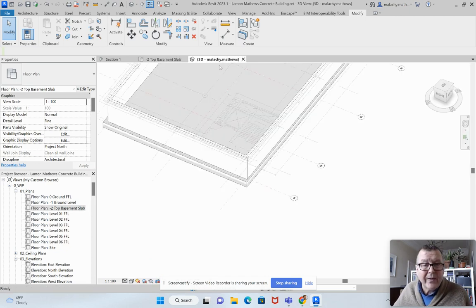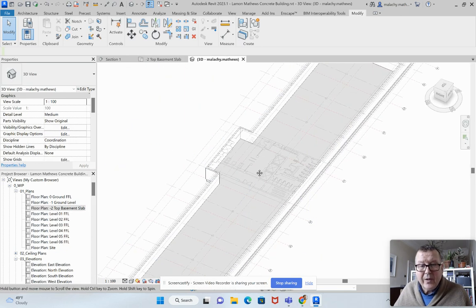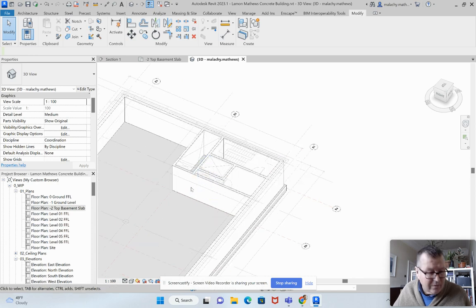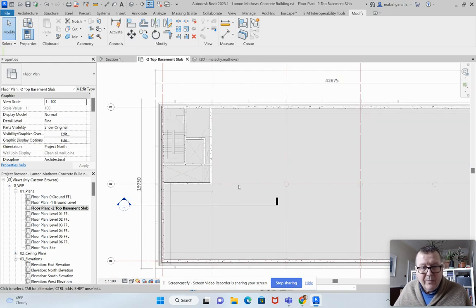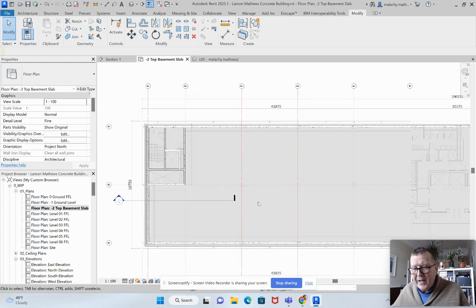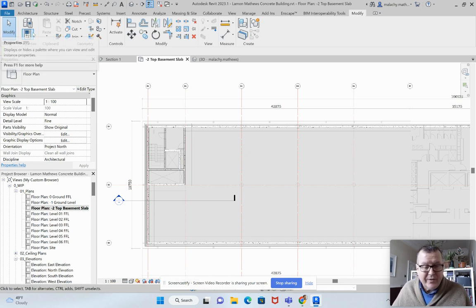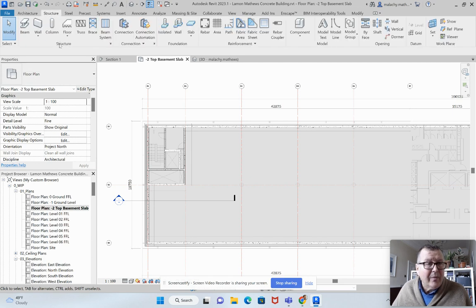If you want to see that in 3D, okay, here we are down here, and there's those internal walls gone in there. Now the columns I'm going to do next. So back into my basement here. Now the columns are a bit of a pain in the butt, the way they are set up in Revit at the moment. So the first thing that we need is go into the structure tab,